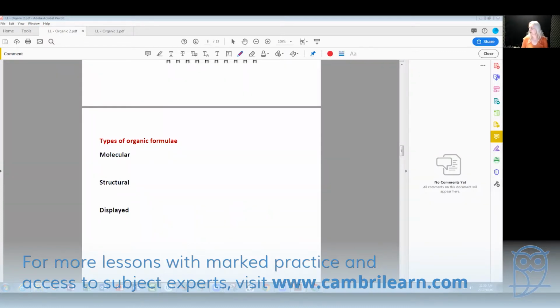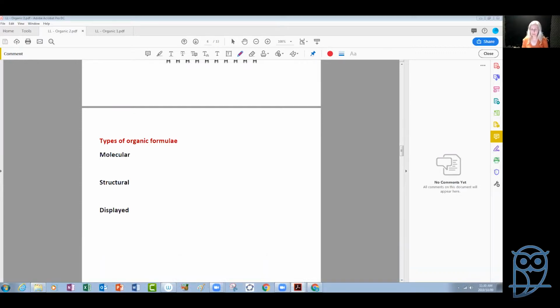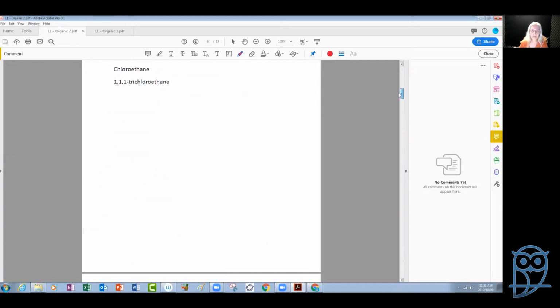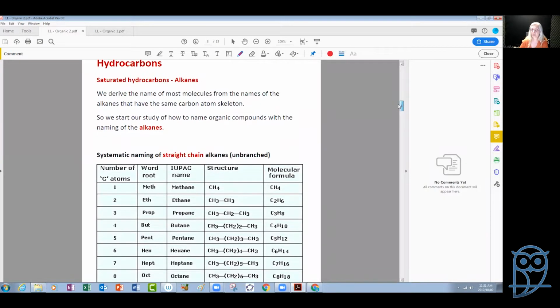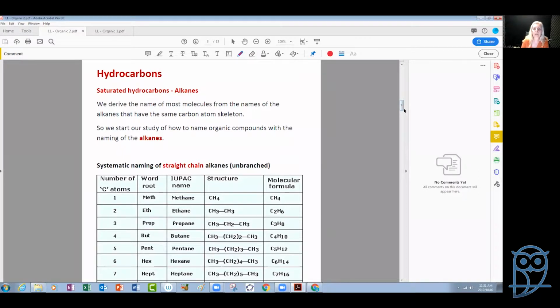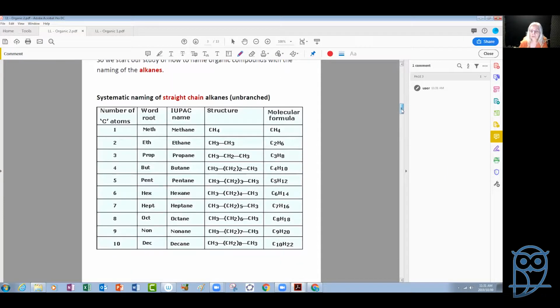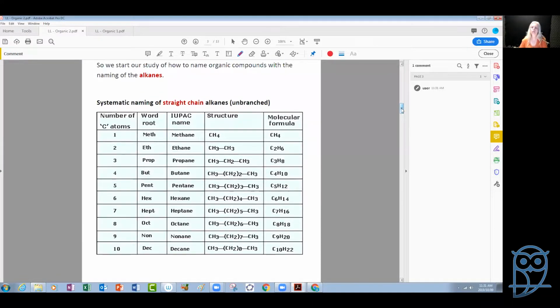Last week we started with organic chemistry and we spoke generally about organic compounds and the millions that are out there. And we spoke about what hydrocarbons are. Hydrocarbons are organic compounds that are made only out of hydrogen and carbon. And why did we start with the hydrocarbons? Especially the alkanes, because the alkanes form the basis on which we name